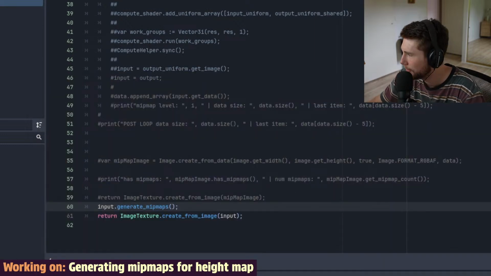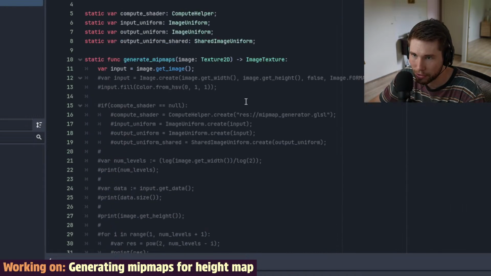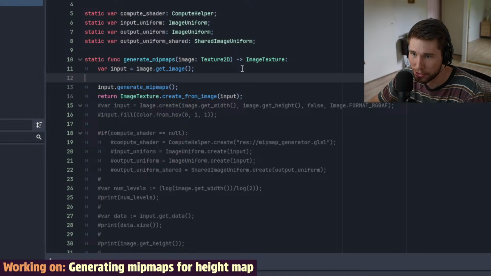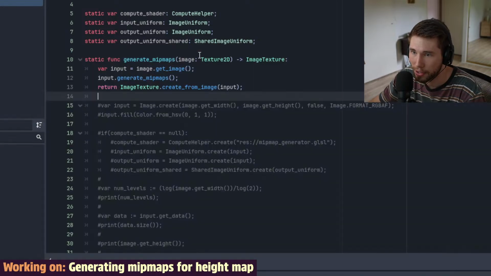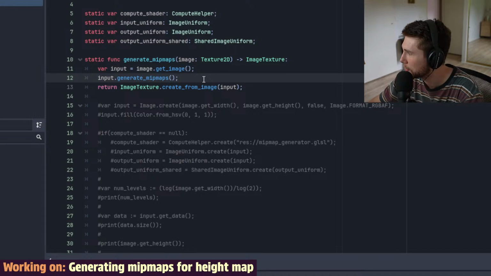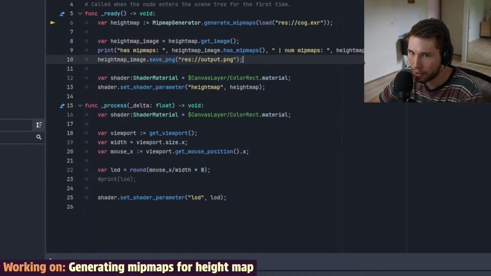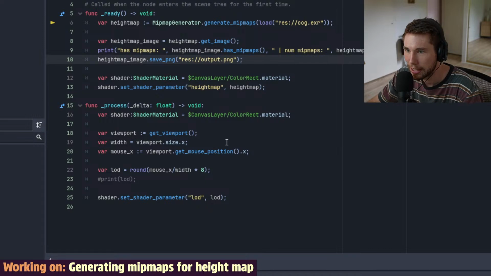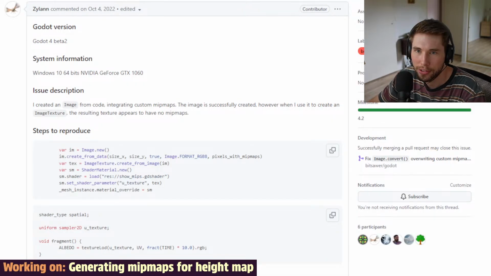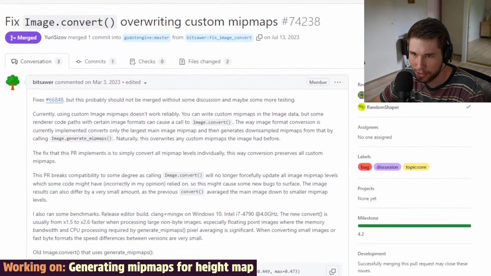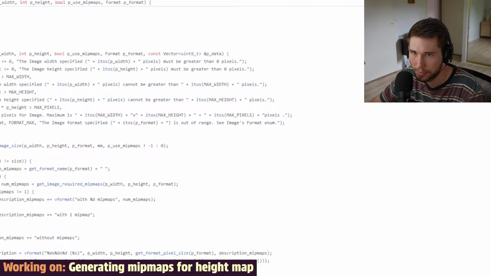Because this is literally here. I'm going to move this up the top so we can actually see. This is what the function is now doing. It's taking an image, it's generating mipmaps with the built-in generator, and then returning it, and then it just doesn't work. I have tried. So yesterday when I was trying to get this all working, I did try a bit of Googling,